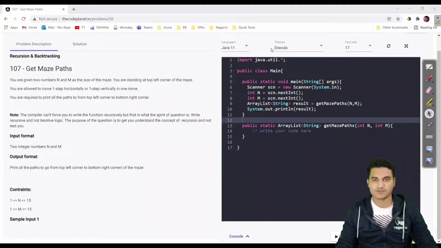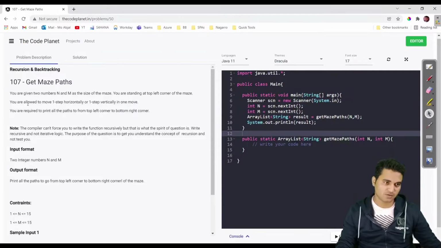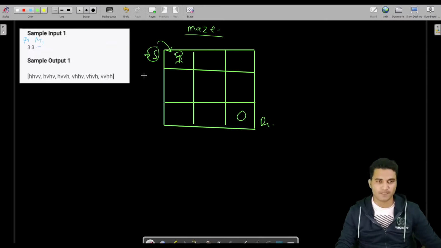What are the rules? This is the only rule: you are allowed to move one step horizontally or one step vertically. That means either you can move from here to here one step horizontally, or from here to here one step vertically. After you take one step horizontally, from here also you have two choices: either you can move here or here.